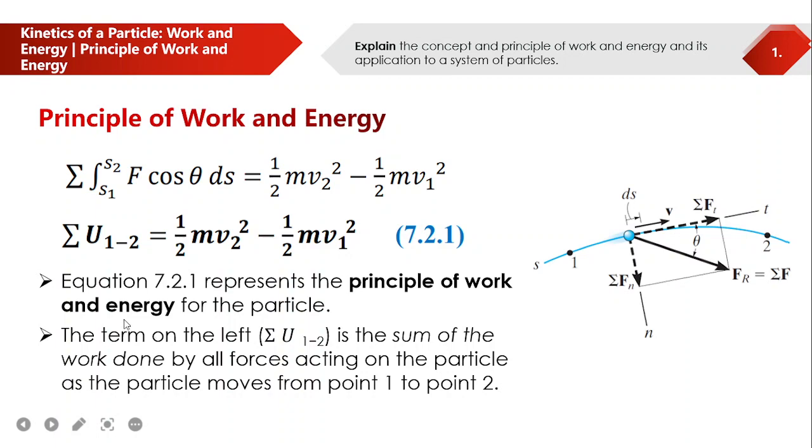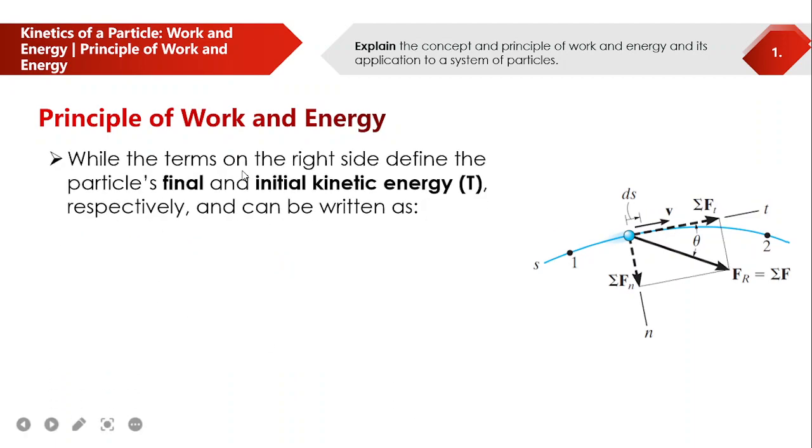So the term on the left, the summation of all the work from 1 to 2, is the sum of the work done by all forces acting on the particle as the particle moves from point 1 to point 2. Technically, ganun lang tayo siya pagbasa. Okay? Sum of the work done by all forces acting on the particle as the particle moves from point 1 to point 2. Okay? While the terms on the right side define the particle's final and initial kinetic energy respectively